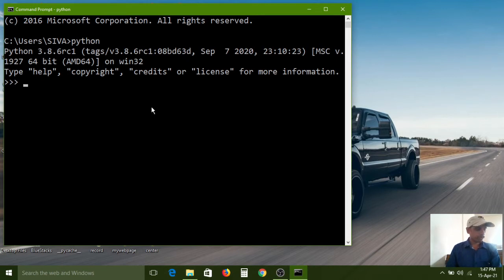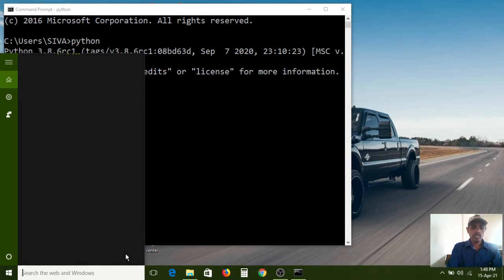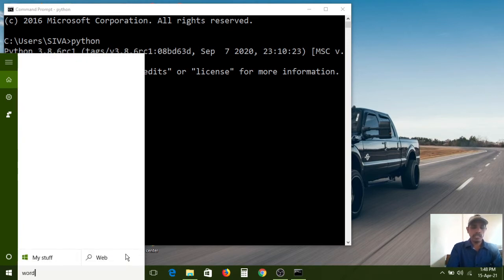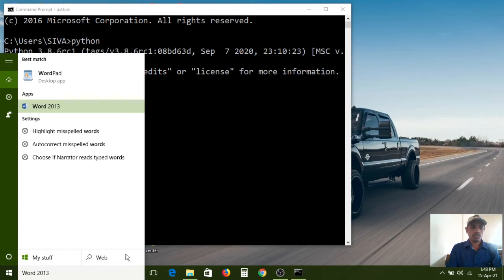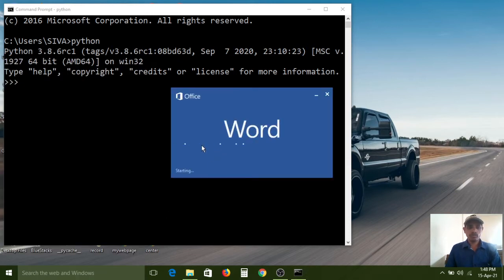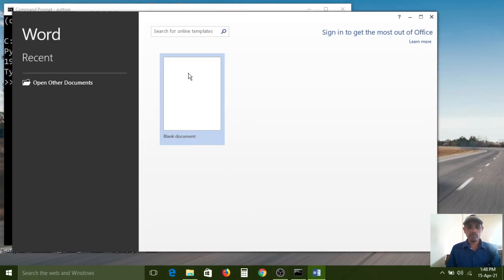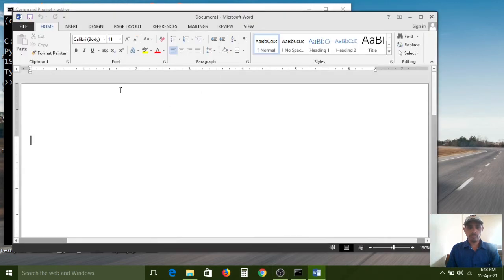Okay, a Python list is a container. For that, I am opening one Microsoft Word window also. List is the heading.